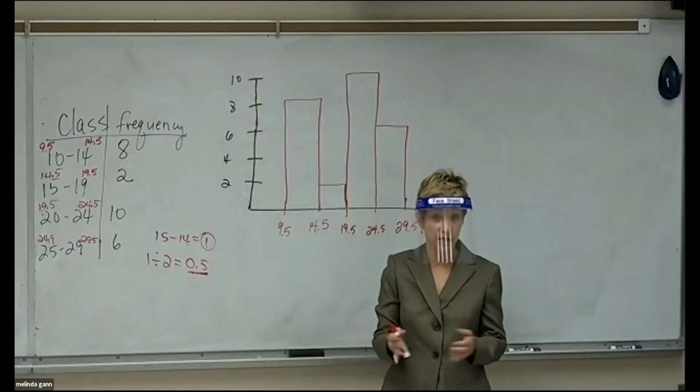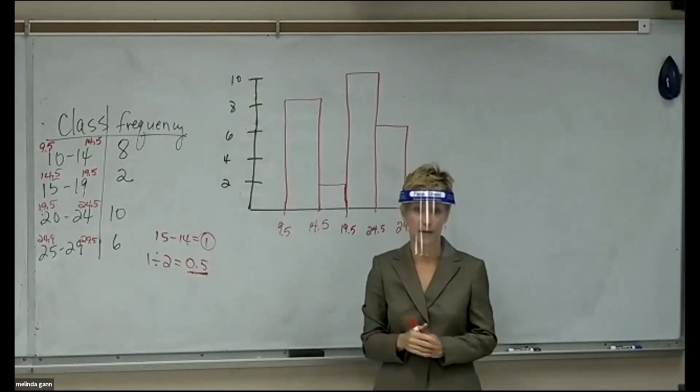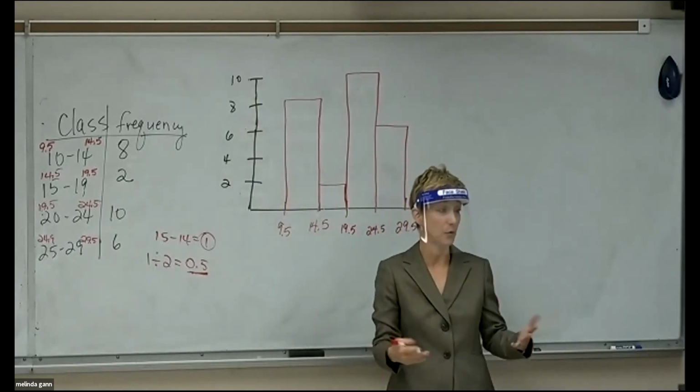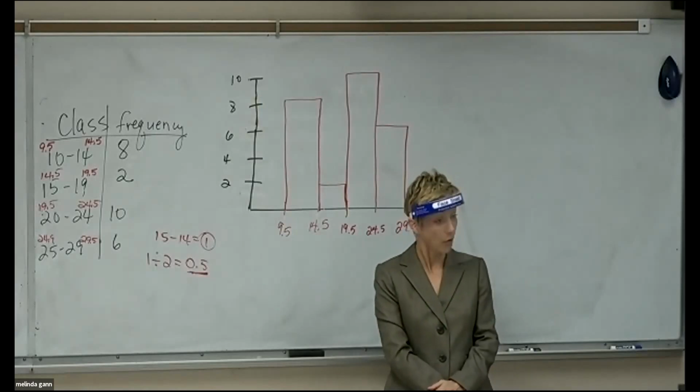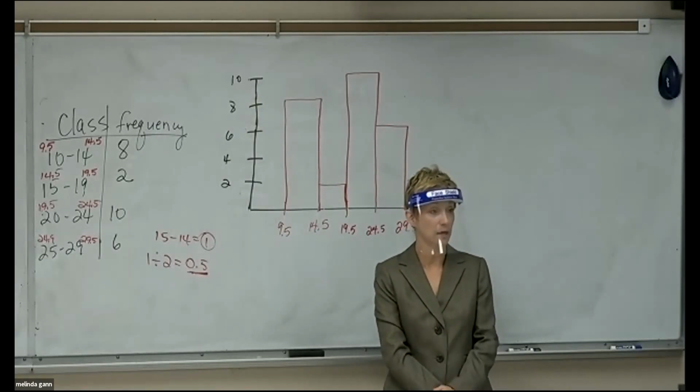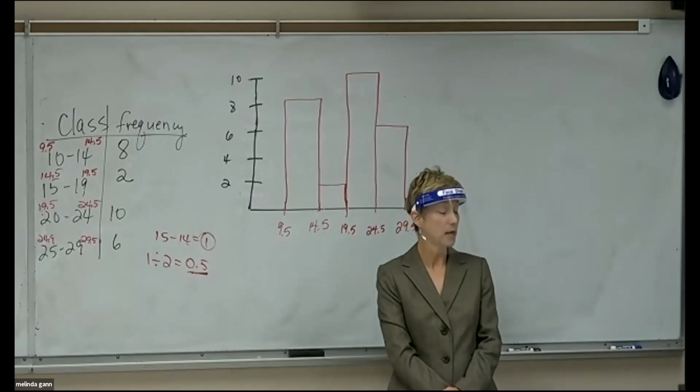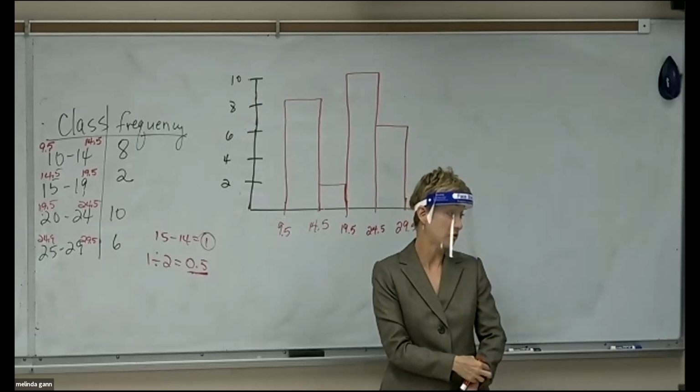You can do that if you want to, but I'm always going to skip over a little bit. I just think that makes more sense to more people when you do that. But in the book, they're going to jam it right up. So either way is right. I just think this makes it a little easier to read. Right? So does everybody feel comfortable making a histogram?